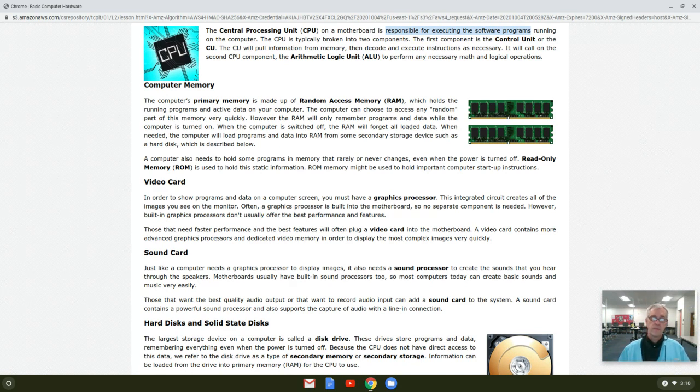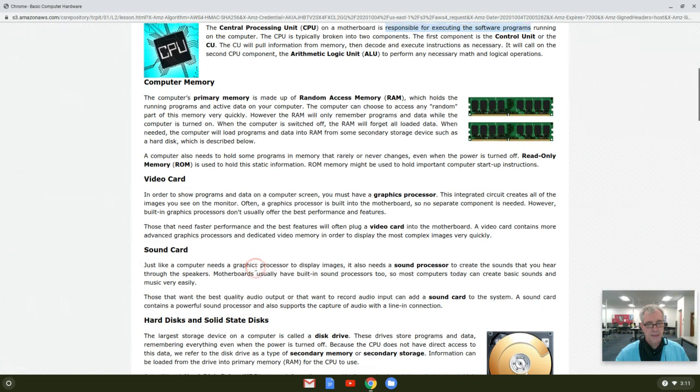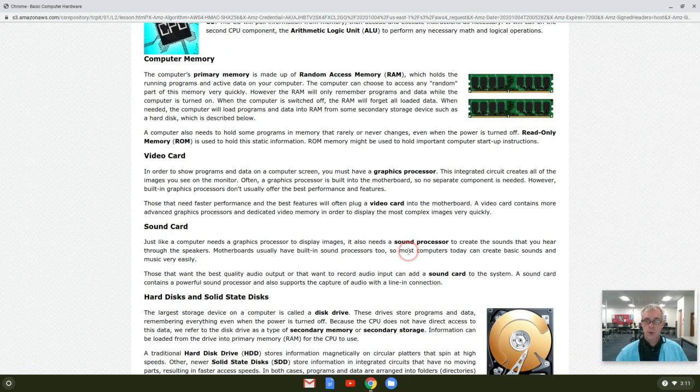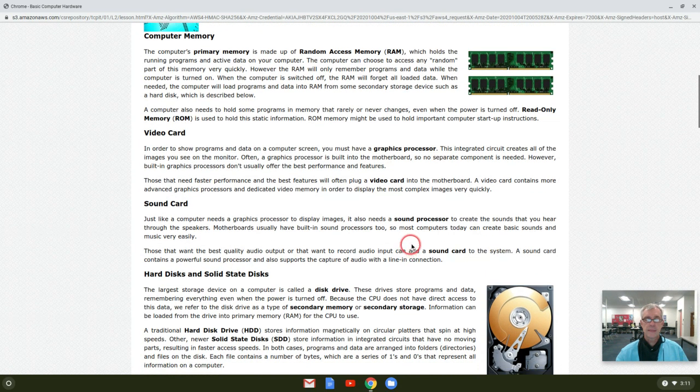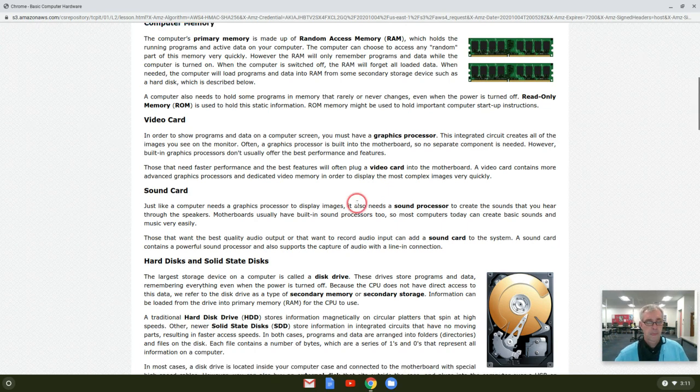Other people, the video card's not as important. They're more, "Hey, I want to enjoy my music," or "I'm just on the computer to do some Facebook. I don't need the graphics." So you need to think about that. Same with the sound card. Each has their own preference, but when you're purchasing a computer, you need to decide, how much do I want to spend on the graphics or the audio? And the higher end you go, the more expensive the computer is.